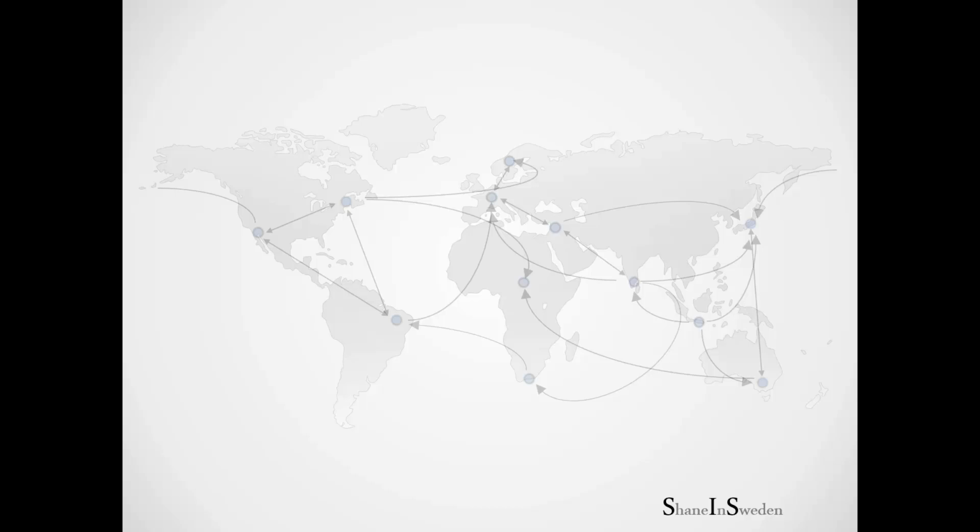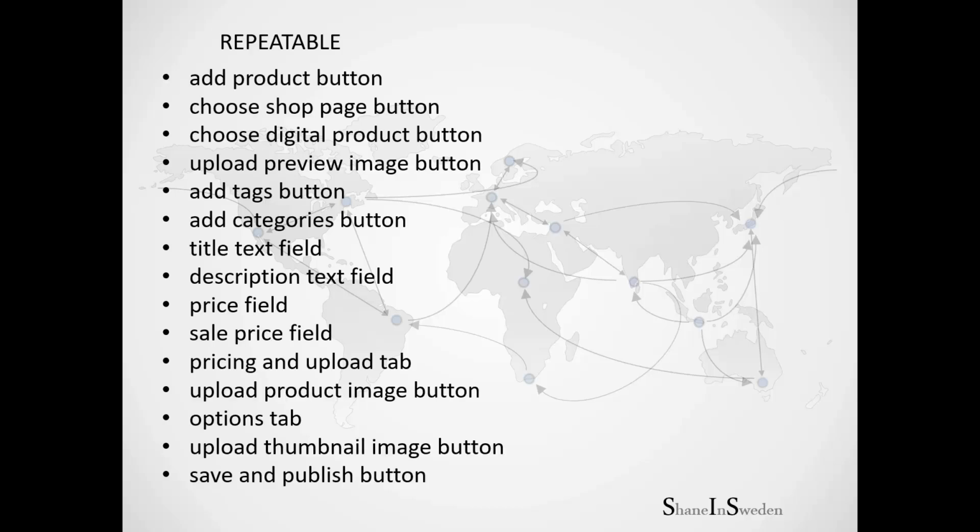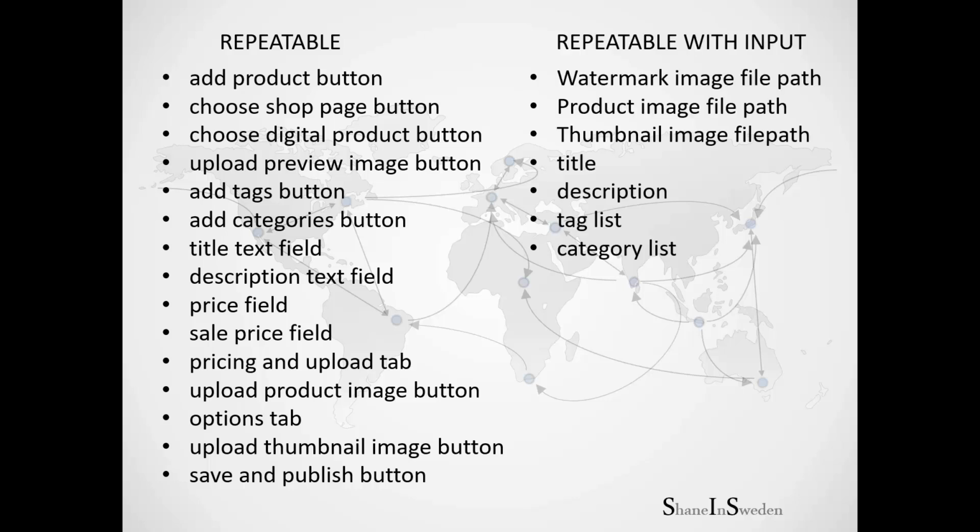Apart from the amount of time it would take to actually load up our 1,000 products, we also were able to identify this type of administrative task as a good candidate for automation, since we could actually identify quite a number of repeatable actions that are identical and that have to be carried out every time you add a digital product. For example, every time we have to click on the button where we add product. And we were also able to identify a number of elements where we're carrying out basically the same action, but it would be useful if we could enter the value from a text file or some sort of data store